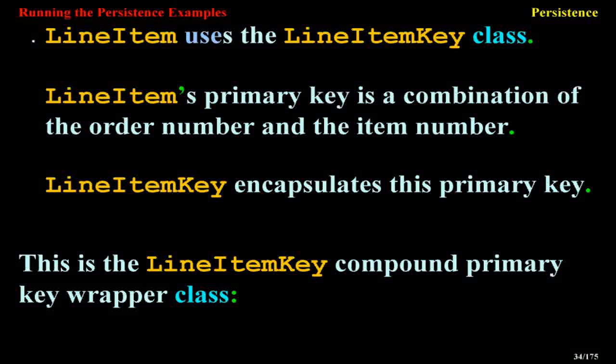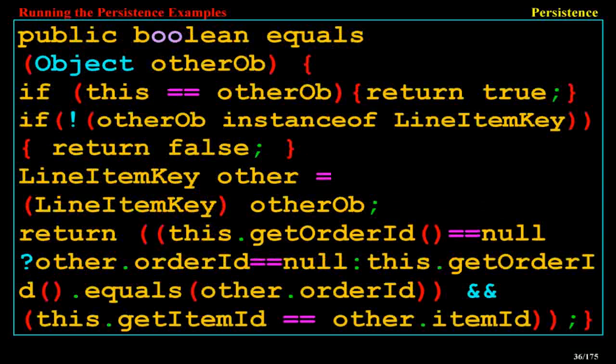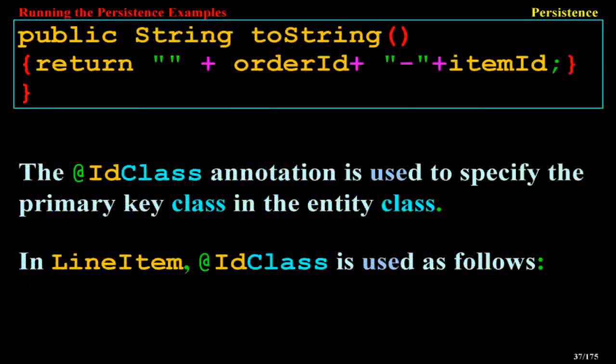This is the LineItemKey compound primary key wrapper class. package order.entity; public final class LineItemKey implements java.io.Serializable { private Integer orderId; private int itemId; public int hashCode() { return ((this.getOrderId() == null ? 0 : this.getOrderId().hashCode()) ^ ((int) this.getItemId())); } public boolean equals(Object otherOb) { if (this == otherOb) { return true; } if (!(otherOb instanceof LineItemKey)) { return false; } LineItemKey other = (LineItemKey) otherOb; return ((this.getOrderId() == null ? other.orderId == null : this.getOrderId().equals(other.orderId)) && (this.getItemId() == other.itemId)); } public String toString() { return "" + orderId + "-" + itemId; }